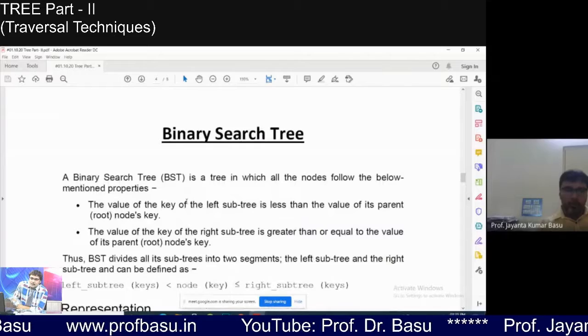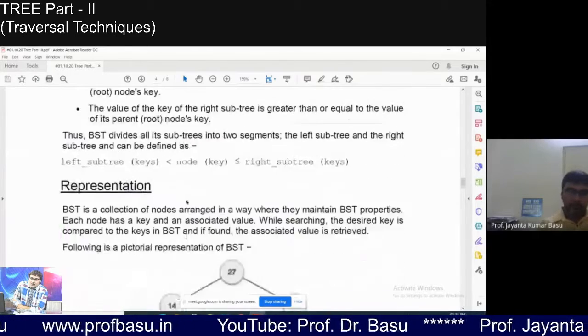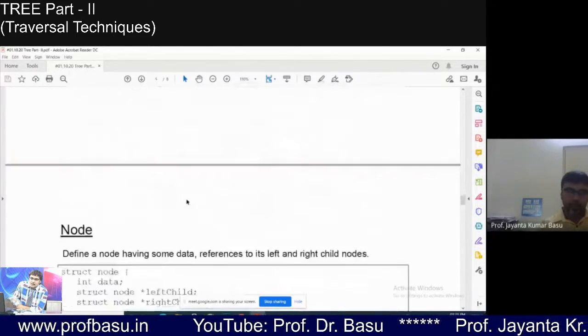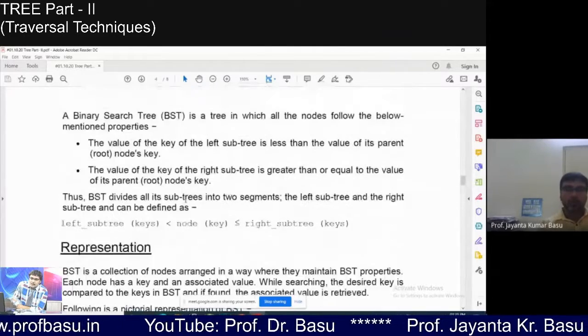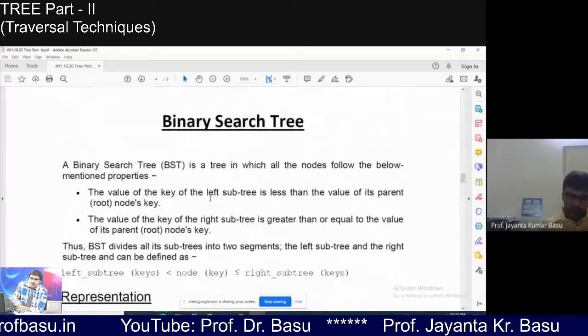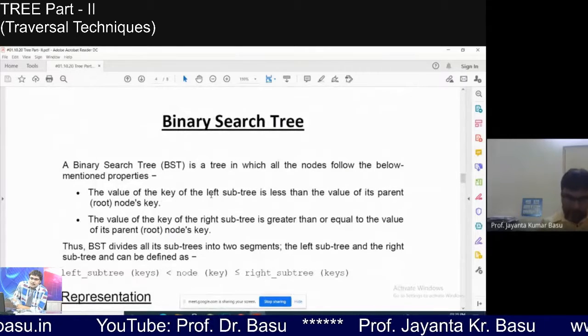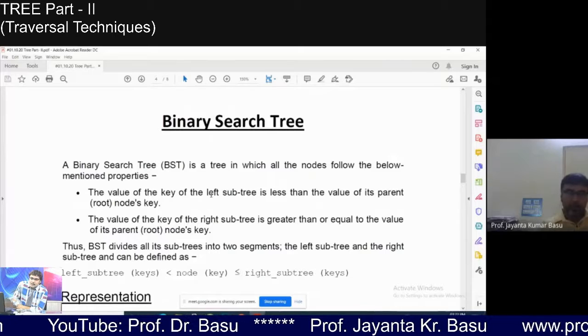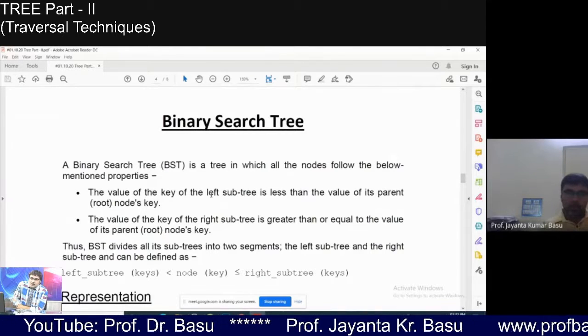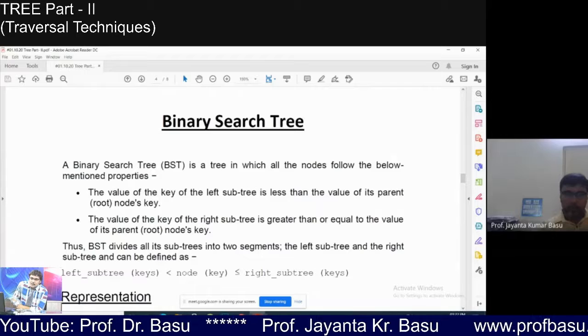Now comes the binary search tree. I told you earlier, the binary search tree is a special type of tree where the left child will have a lesser value than its root and the right child will have a greater value.